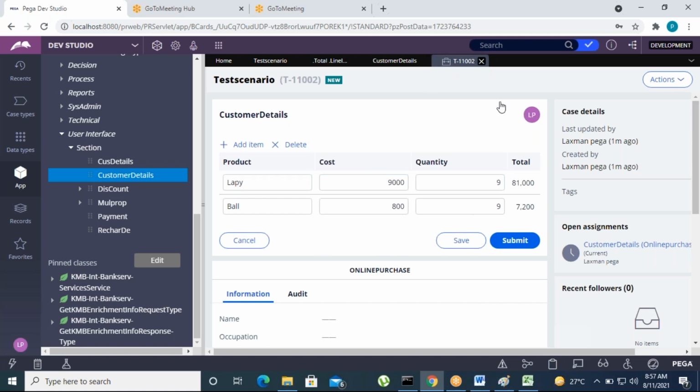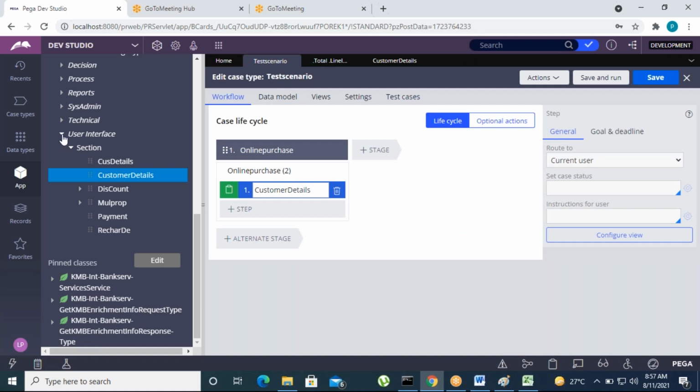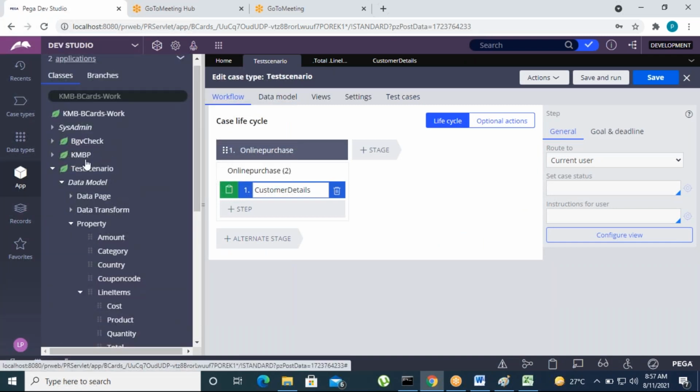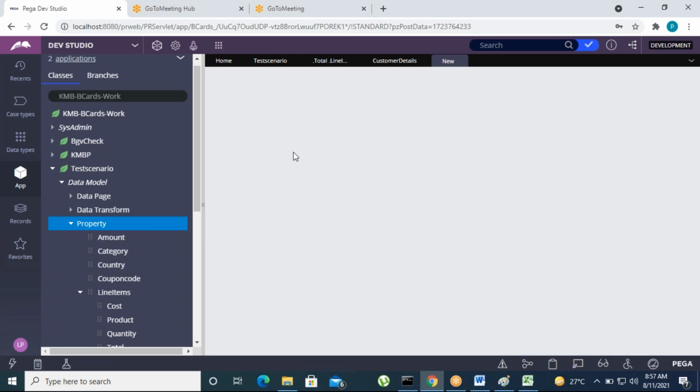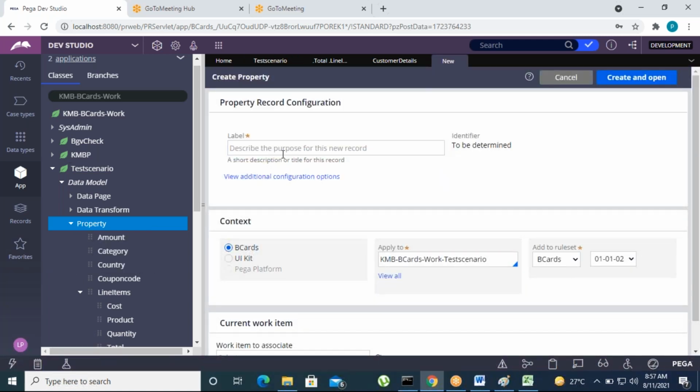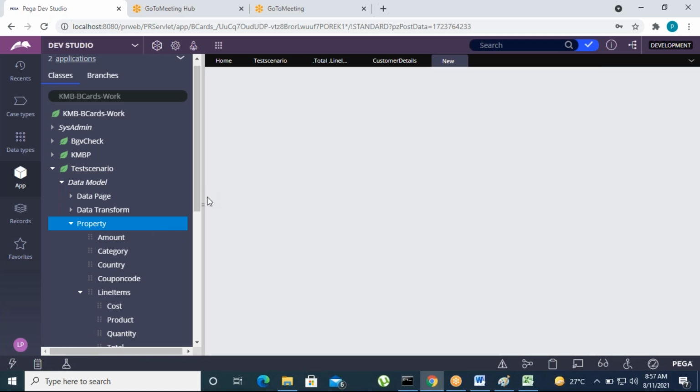How to define the formula? Suppose I'm going to create one simple property here. Let's create the property, that is, create the property subtotal. Subtotal, and create and open this.